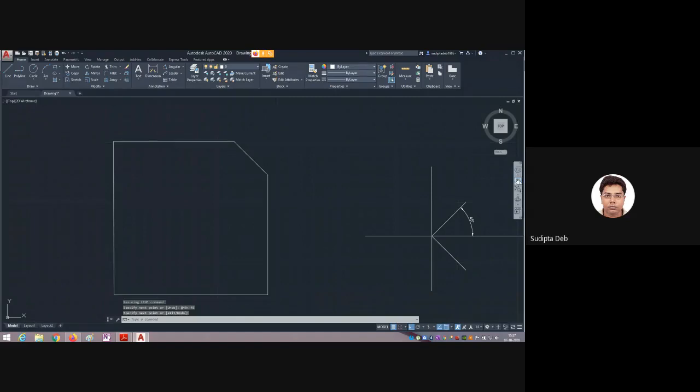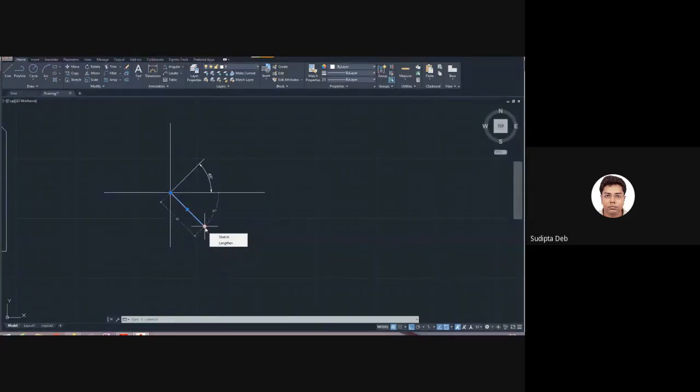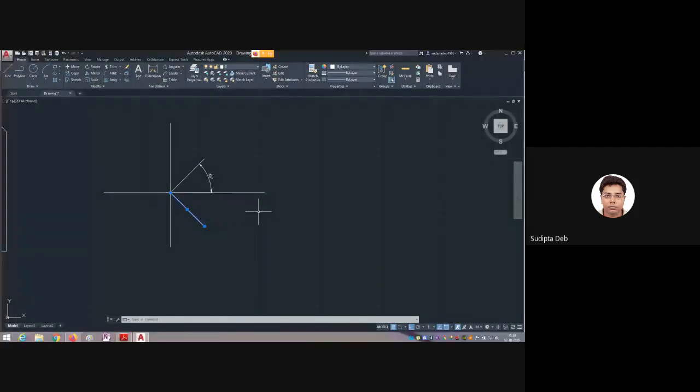Again, if I press enter, you get in this direction, this line is also 40 millimeter distance, and the angle is also 45. But when I drew this line, I used minus 45, not plus. If I consider plus, it will be drawn in the opposite direction. Understood or not? Please tell me.